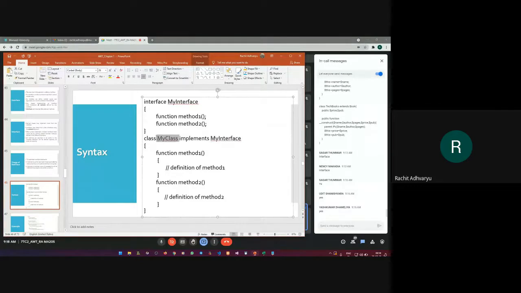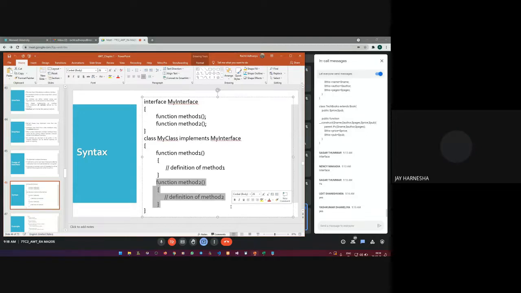This child class is trying to inherit the interface called my interface, which has two methods declared. So now this child class is bound to use these two methods: function method 1 and its definition, function method 2 and its definition. So this is how we can implement multiple inheritance in our program. This is the general syntax. Am I clear with it?